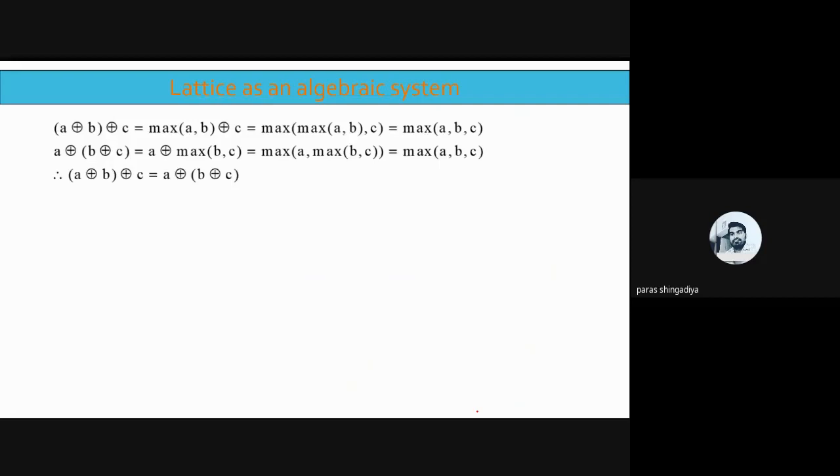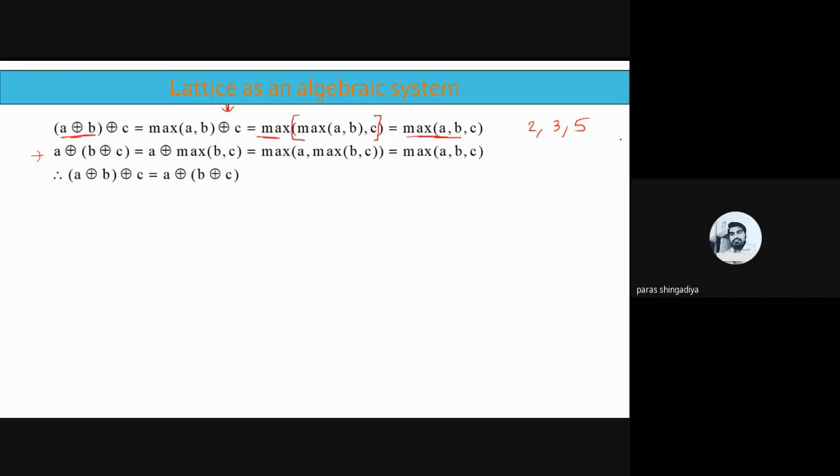In this we have the ring sum. Okay. So similar pattern, similar concept. In place of minimum we'll use the maximum because we have the ring sum there. So (A ring sum B), first the bracket, ring sum. So remove this bracket and apply its property. A ring sum B is equal to the maximum of A B, ring sum C. And now remove the ring sum. यहाँ से ring sum remove करो. So here you have to write maximum, and in the bracket the first element is the maximum of A B, the second element is C. Clear? So it is the maximum of A B comma C, and that is equal to the maximum of A comma B comma C.